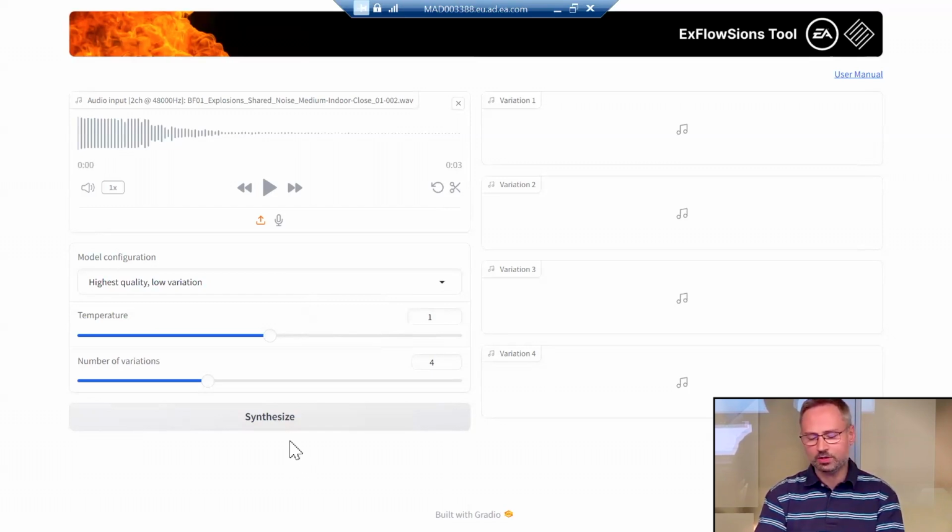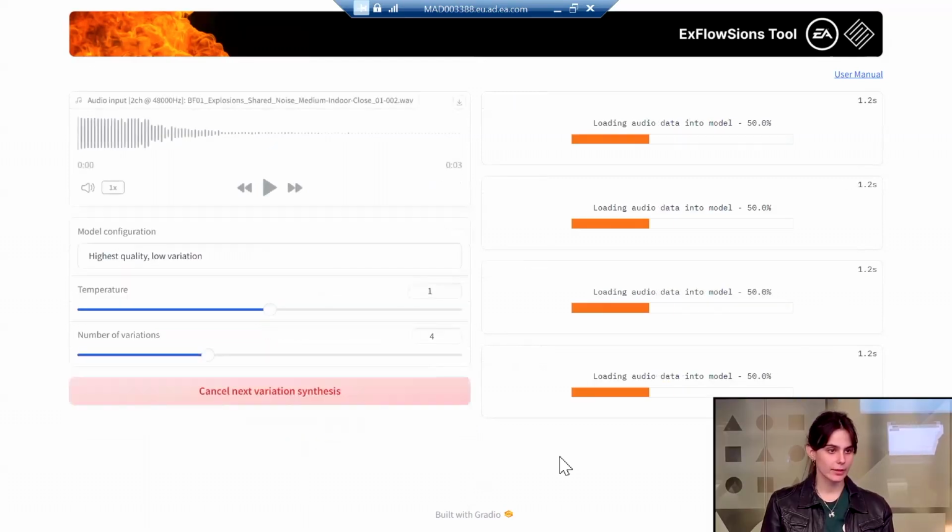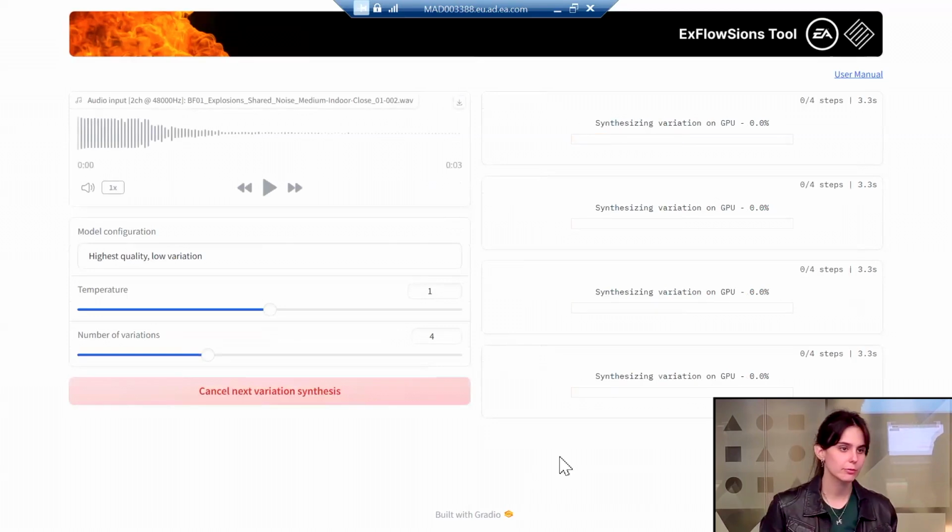And then Mónica is going to explain what each of the parameters do. As I mentioned before, we have this model configuration where the user can select between several models that have been pre-trained. And then we also have the temperature parameter. So this parameter is pretty common in generative models. In our case, we are using a normalizing flow.